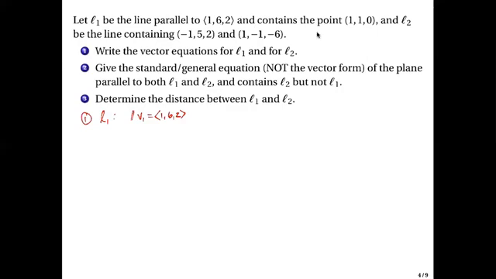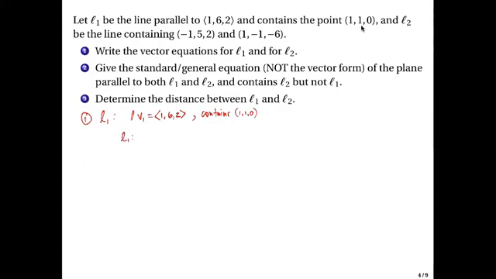And then it contains the point (1, 1, 0). So L1